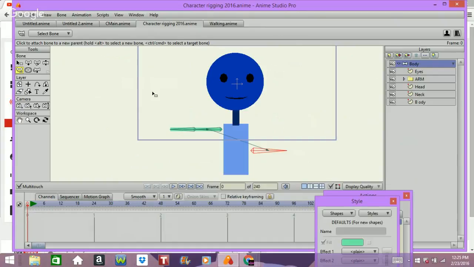It's still the same thing. But however, with Anime Studio 11, it's not going to allow you to parent these down the timeline. So what do you guys want to do now when you're rigging? Make sure this parent